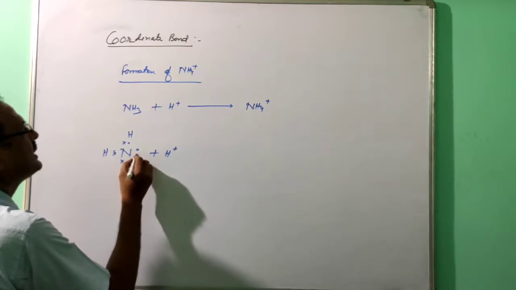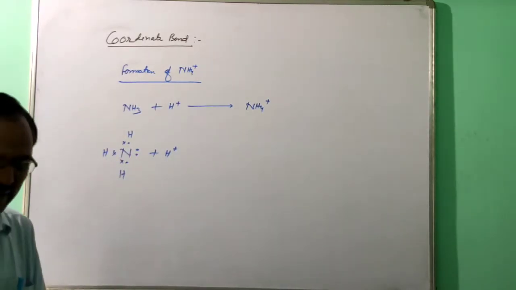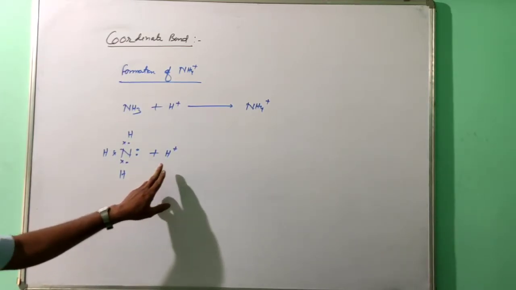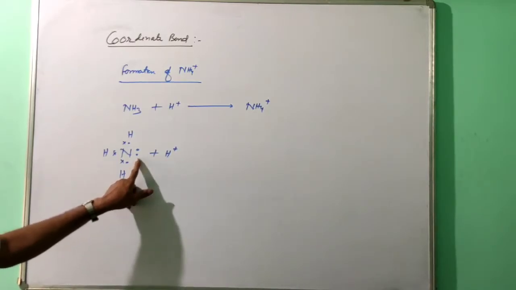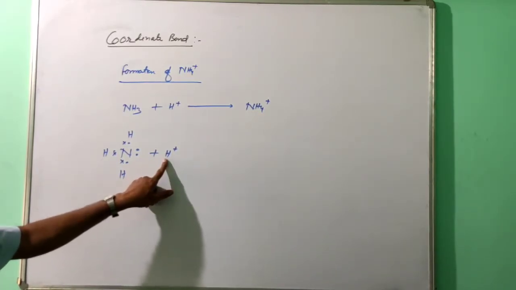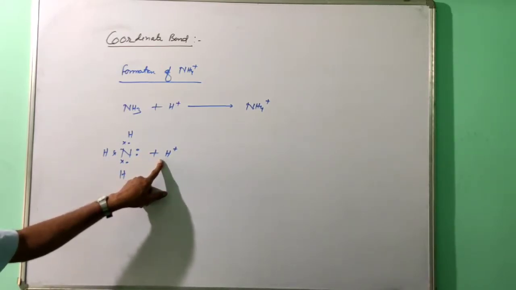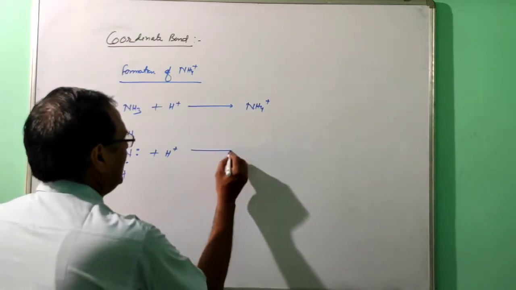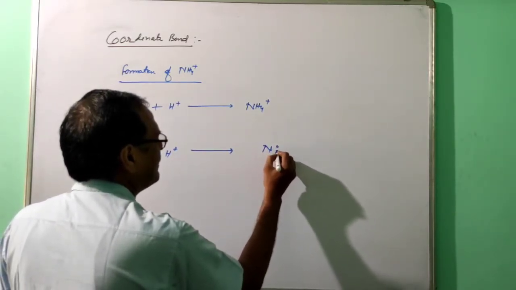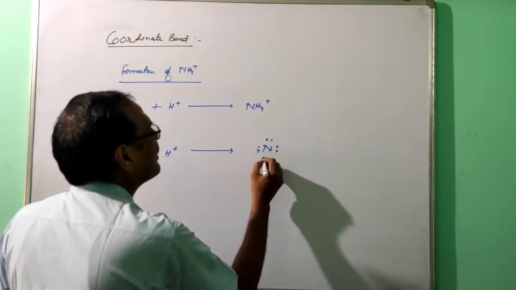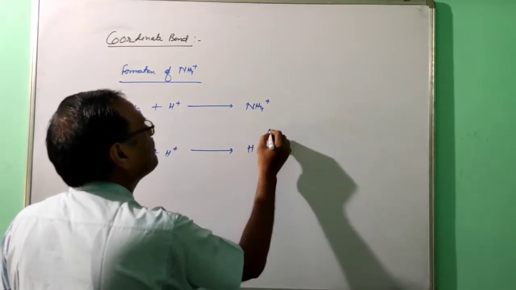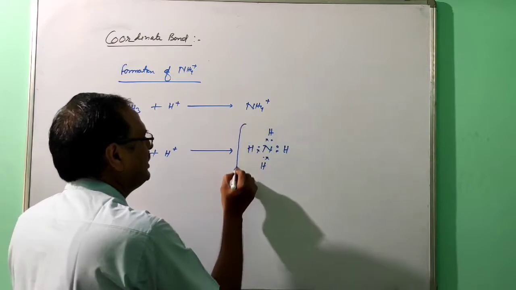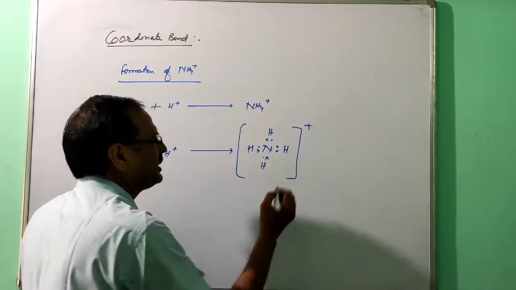So in this one, in combining two atoms, the octet of one atom is complete. So the octet of this nitrogen is complete. Then the duplet of hydrogen is incomplete. So this lone pair of electrons will come and form the bond pair. It means the shared pair of electrons is contributed by the nitrogen atom but shared by both the atoms. So this lone pair will come and be converted into a bond pair. Just see, and this positive charge will be developed on the whole molecule.